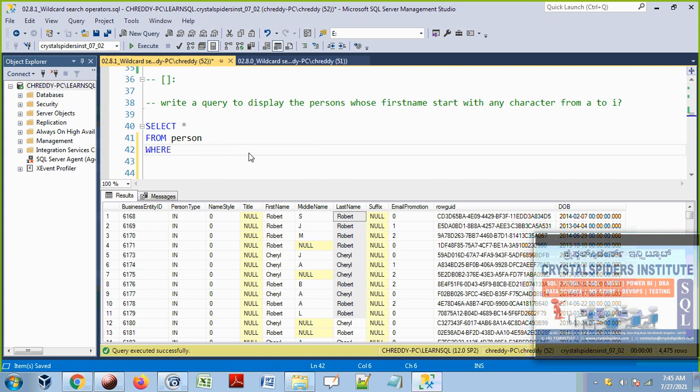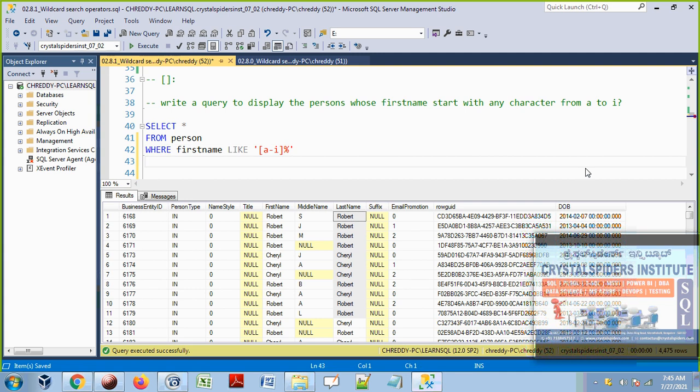So here I am going to specify where the first name like. How do you specify A to I? Here I am going to use the square bracket to specify the range. We can use A to I, A hyphen I. In this first position I mentioned square bracket A to I, that can be any character including A and I, guys. It will include A, B, C, D up to I, and then the percentage.